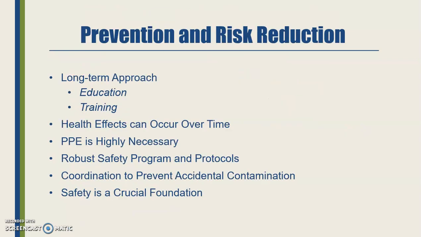One long-term approach that can help prevent and reduce the risk of human toxicants in the construction industry is educating and training workers about exposure to toxicants so that they are aware of the risks. Workers need to be made aware that exposure to many toxicants may not always result in immediate adverse health effects, but that there are long-term health effects that may emerge years after their exposure.